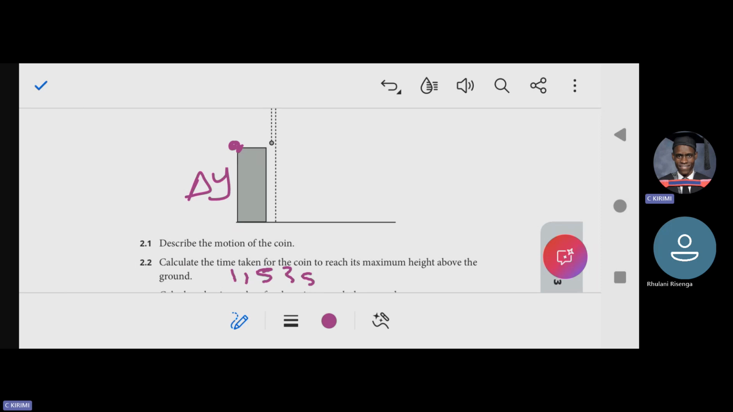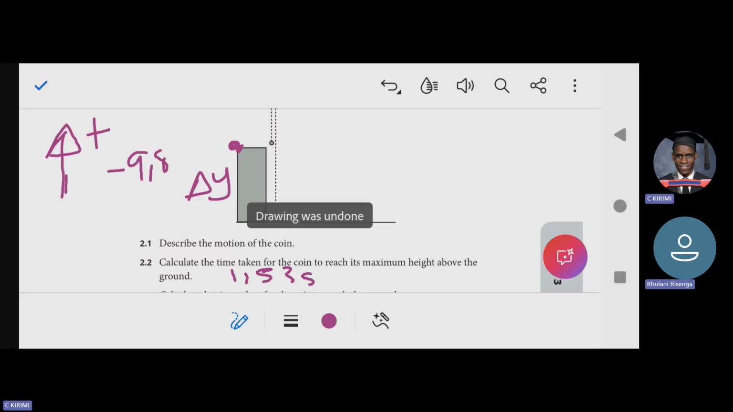But if you take upwards as positive, what will be the gravity? Negative. 9.8 meters per second downwards. Meters per second squared, not meters per second only, but meters per second squared. All right, downwards. So the motion of the coin, it will be just to indicate that this is just a